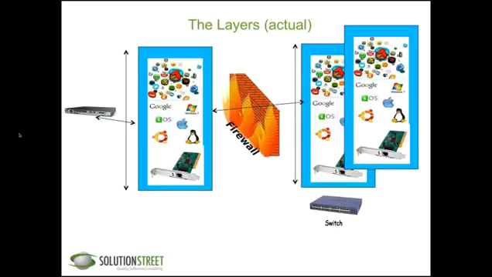So that's kind of theoretical. This is kind of actual. In our typical life, people will throw out layers here and there, but at the end of the day, most of the problems we're going to deal with end up being routers, NIC cards, operating systems, apps, firewalls, switches. They end up pointing to, that's my problem or that's my problem. So these are the practical layers. Some of them map to the OSI layers nicely, and others span multiple of them. But when we're troubleshooting, typically we're troubleshooting at the device level.